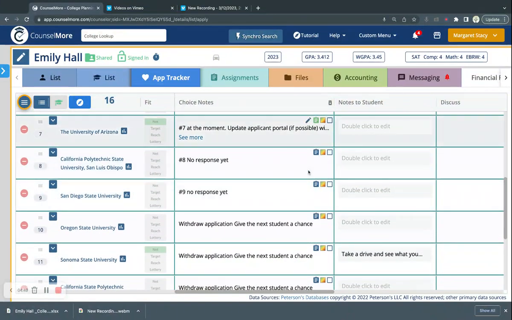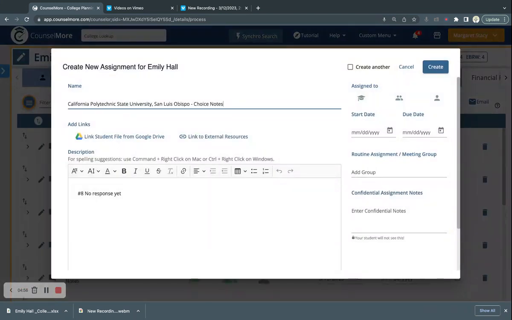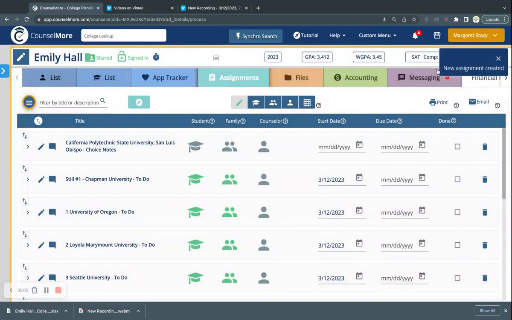Down here, it is still blue, so to generate a call to action assignment, I am going to click the clipboard, and of course I come directly to the author box in the assignments tab, and I can update my notes and hit create. When I do, I am now on the app tracker, and I have kept my assignments